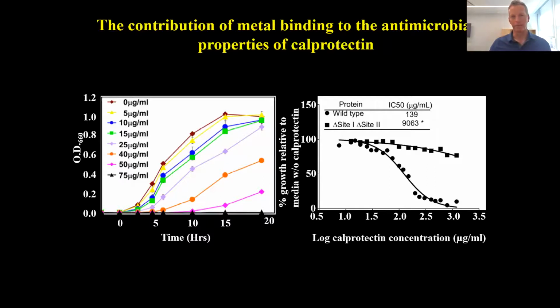So at this point, we became interested in whether or not this protein was involved in protection against infection in vivo. So we went back to our murine model of infection that I introduced you to, and we infected a calprotectin deficient animal to ask whether or not that animal was more or less susceptible to Staph aureus. And one thing I didn't point out when I showed you those early images is that the kidneys are predominantly the tissue that becomes abscessed in the murine model. For reasons that are not clear, most other tissue in the mouse does not become abscessed in a systemic model